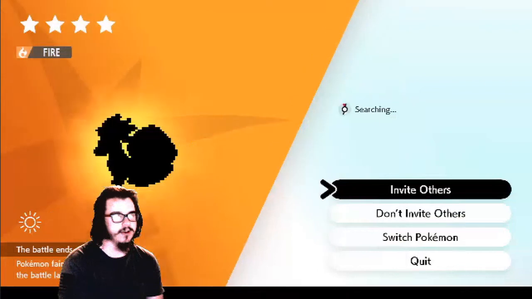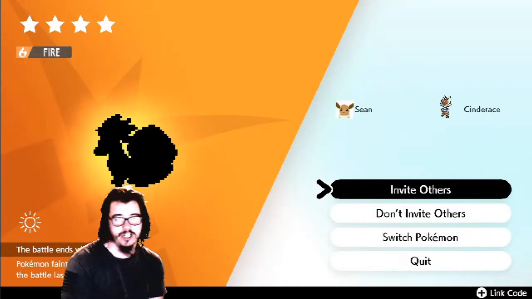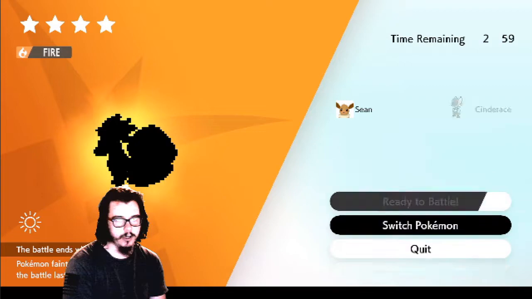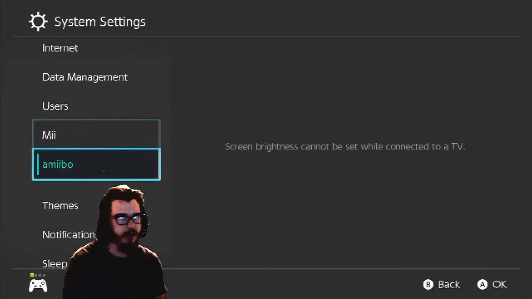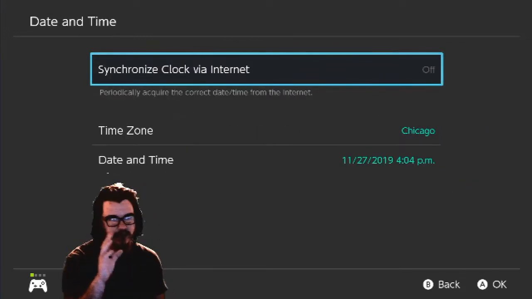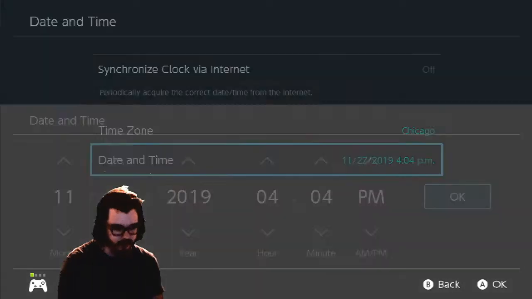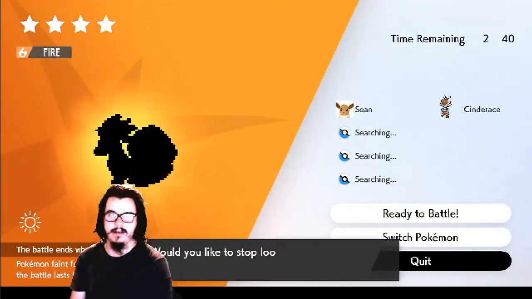So now that we've reset it, now it's a 4-star Ninetales, which again is not a Charizard. So we're going to follow that step again. We're going to click Invite Others. We're going to go immediately to the home menu, go all the way down to System, go to Date and Time, make sure Synchronize via the internet is off, go to Date and Time, move it up exactly 1 day, click OK, go back home, go back to the game, quit the raid,